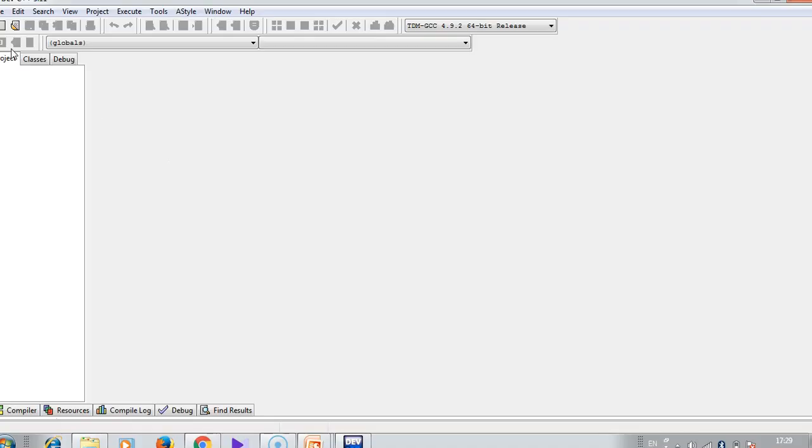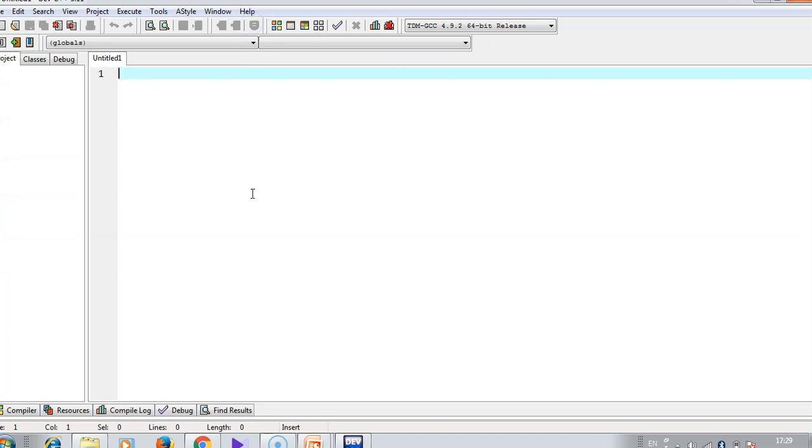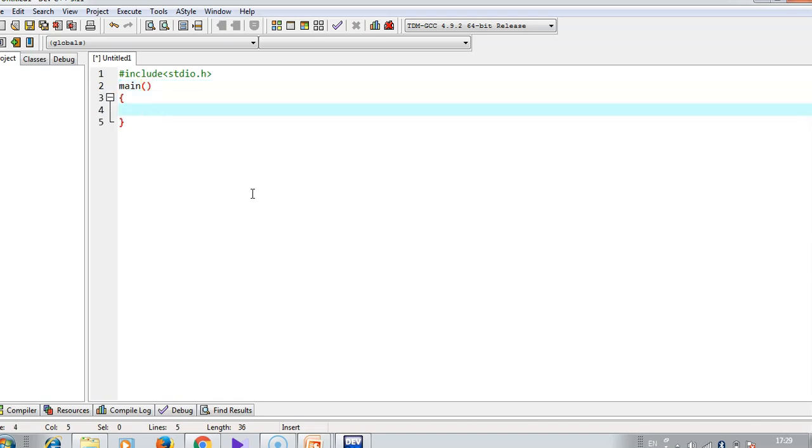Now let's see. Here I am going to open the compiler, that is Dev C++. I write the program here. Hash include stdio.h. Write the main function. Under the main function you take integer a.